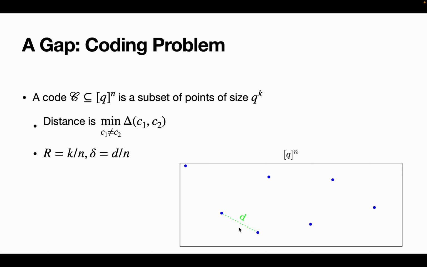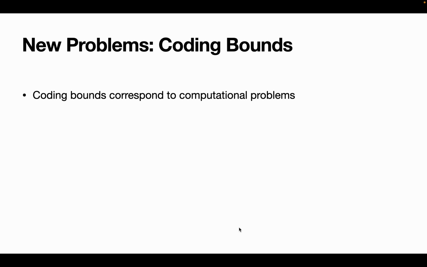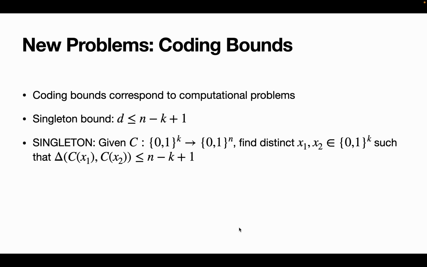Notice that when r gets higher, d should get lower, because a more densely packed code cannot have code words which are as far spread apart. And in fact, there are known bounds for exactly how large the distance of a code can be. And we're going to use these to think about computational analogs. As an example, the singleton bound tells us that the distance of a code is upper bounded by n minus